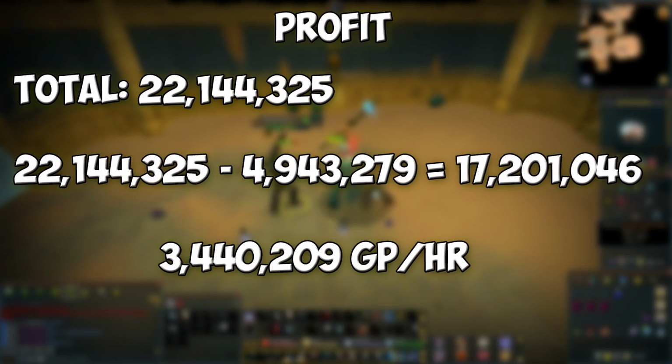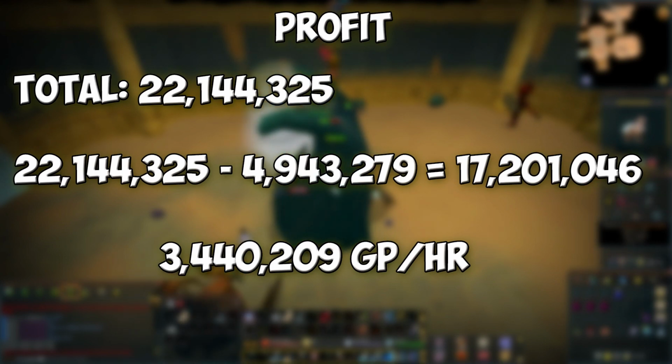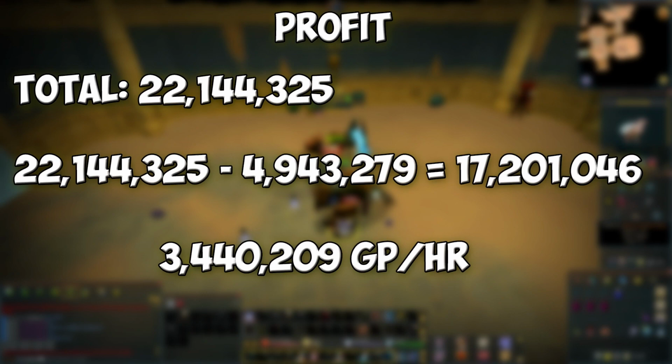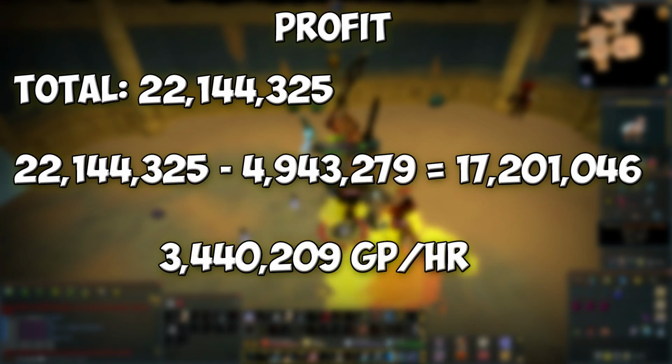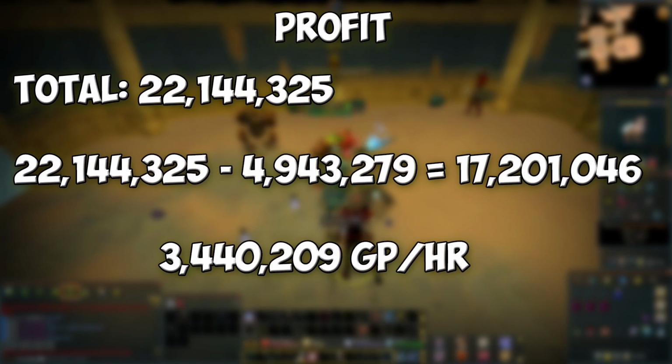So the total profit of the 5 hours at the Spiritual Warriors was 22,144,325, and once you remove the expense from that, the pure profit was 17,201,046 GP, which gave us 3,440,209 GP an hour. Which, if you're just watching TV and stuff, is a great way to make money,